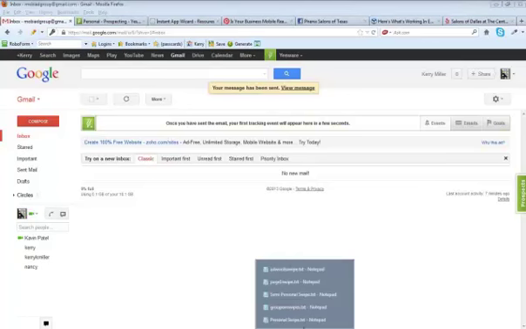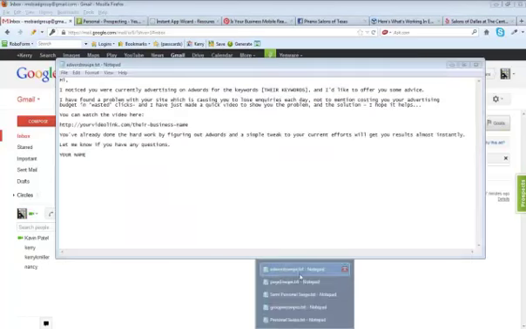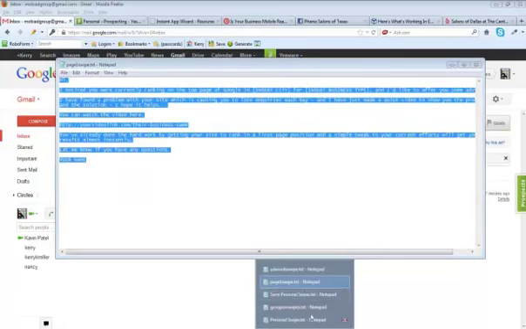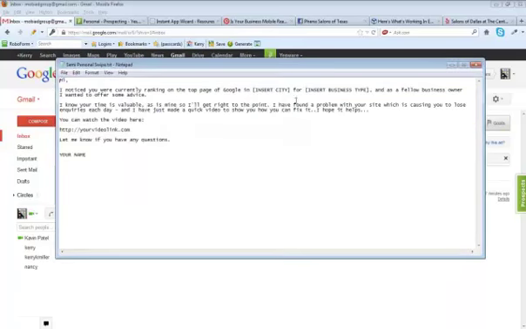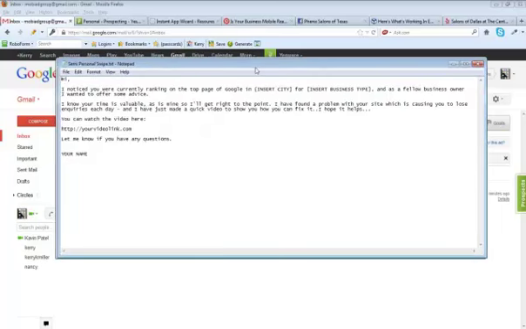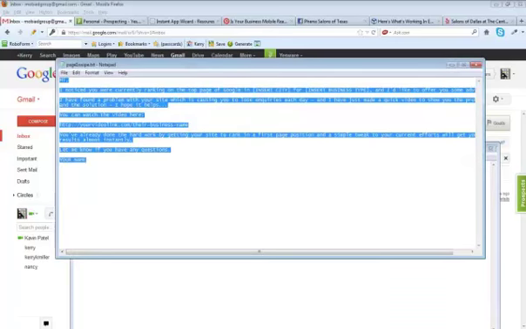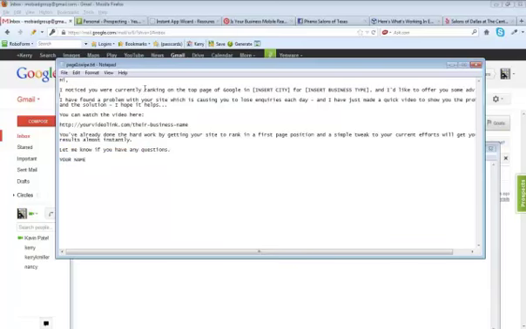And I've got a bunch of swipes here that I'm going to send you guys. I'm going to put them up. I'll just have to get with Mark to see how to upload these. Make them your own. This one's for Google, okay? I saw you on Google. This one says, I noticed you were currently ranking on the top page of Google. All right. Now, if they're not ranking on the top page of Google, don't send that. Just say, hey, I currently found you in Google. You're going to need to change these up a little bit. Okay. I could sit here and write swipes for 5,000 years. So you're going to have to do a little work here.